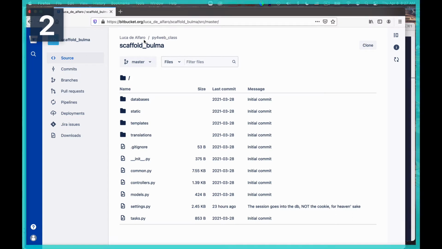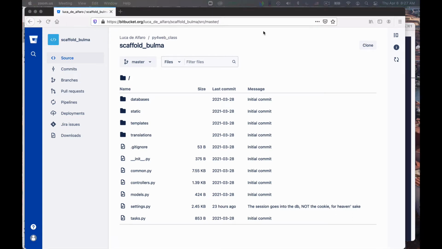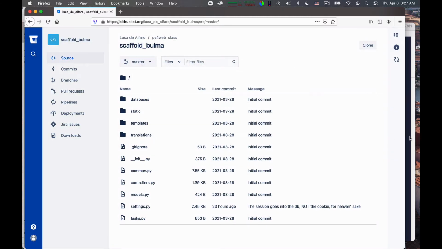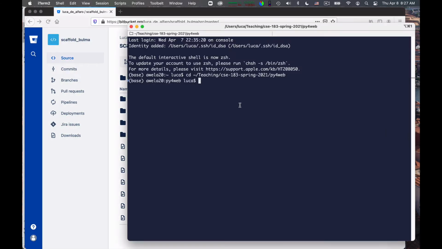So what I do here, I have this Scaffold Bulma app. I go to clone. Okay, I copy this URL. Okay, and then I go in Python Web.